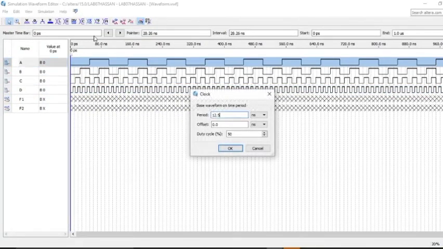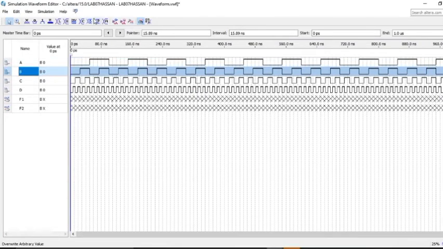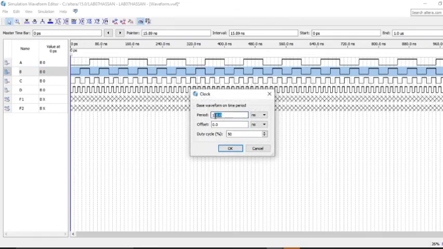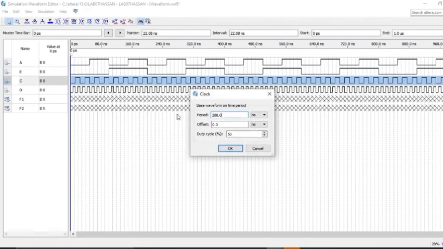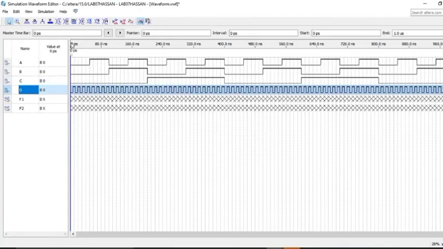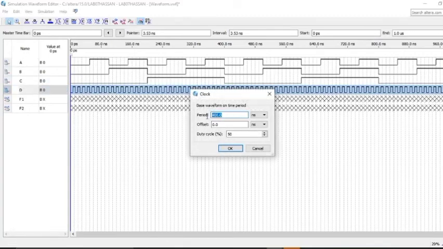Here I have given 100, so I will give 100. Then I will give 200, and then here I will give double of 200, that is 400, and then I will give here the 800 time period, that is double of 400.